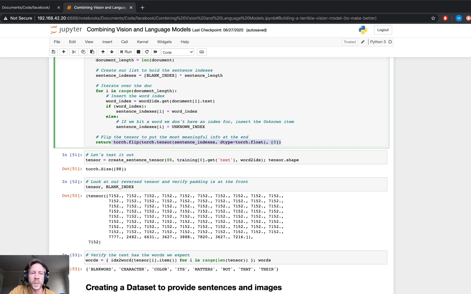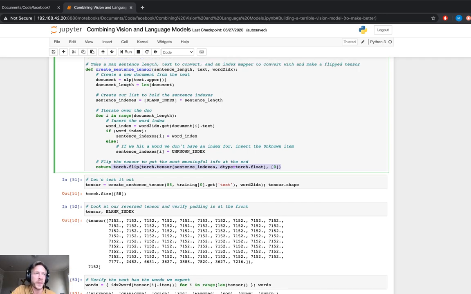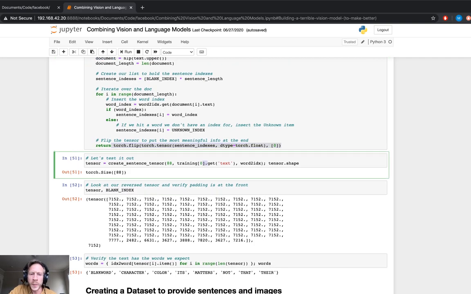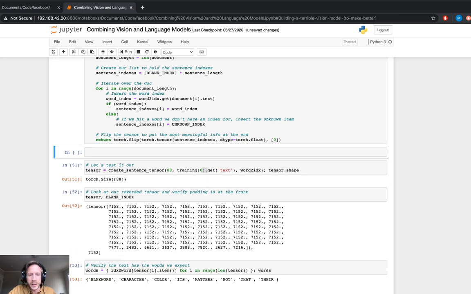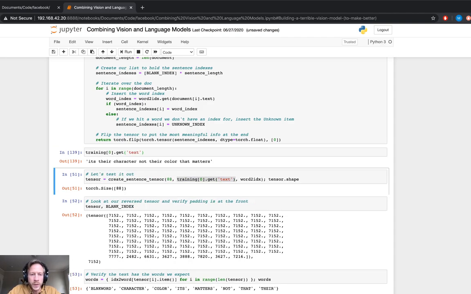But I'm hoping putting the most meaningful information at the back end is going to help the model better interpret that sentence. So here I'm basically just testing my stuff out to say, hey, let me get some text. So hopefully this will work. If I look at some text here, we can see, boom,